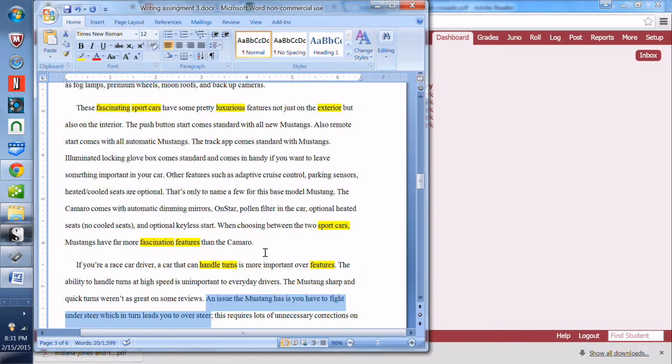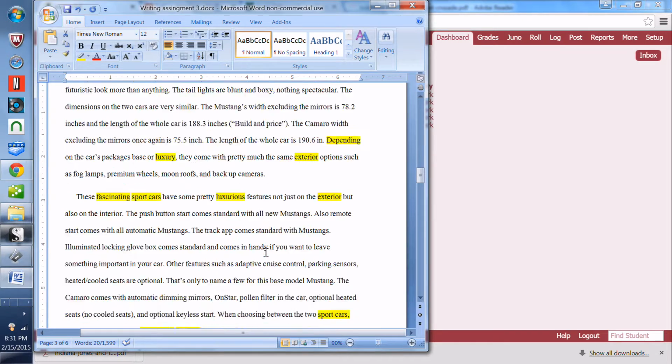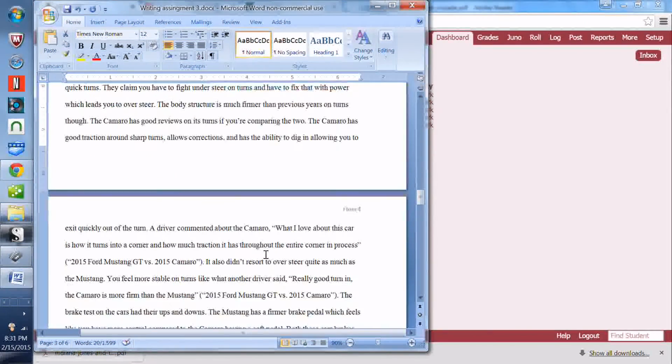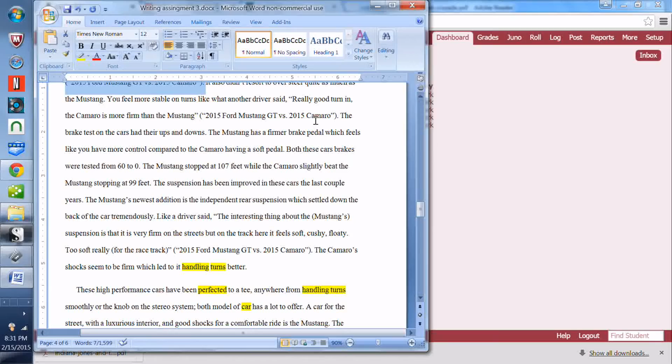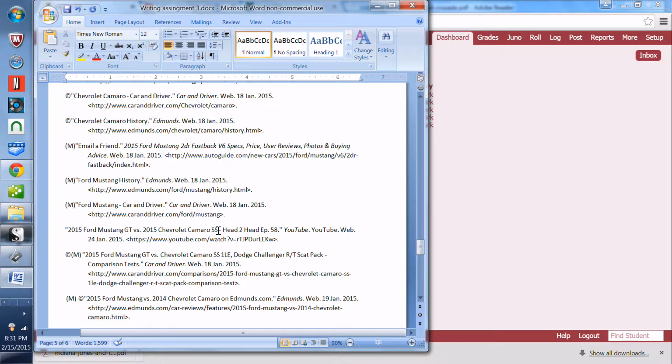And the one other thing was one of your references where you had put 2015, let me find it, 2015 Ford GT versus 2015 Camaro. When I looked back on your works cited page, I didn't find it. And you actually have it twice, but I'm guessing it's this. That's the only one that I saw that was like it. You do have this one here, but it doesn't say 2015. So I'm guessing it was this source, and